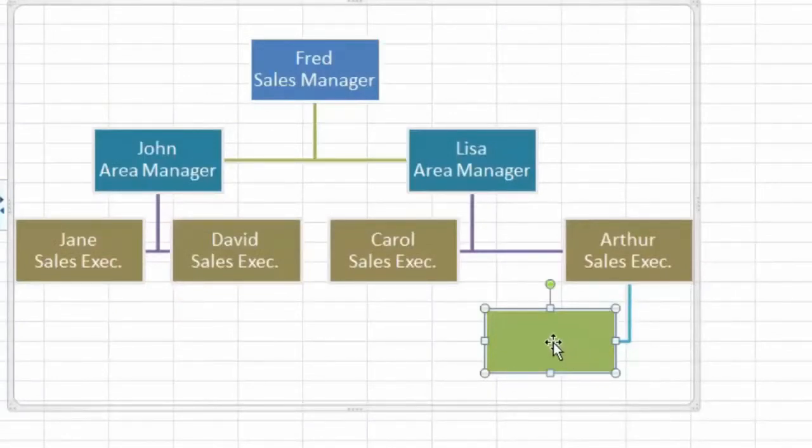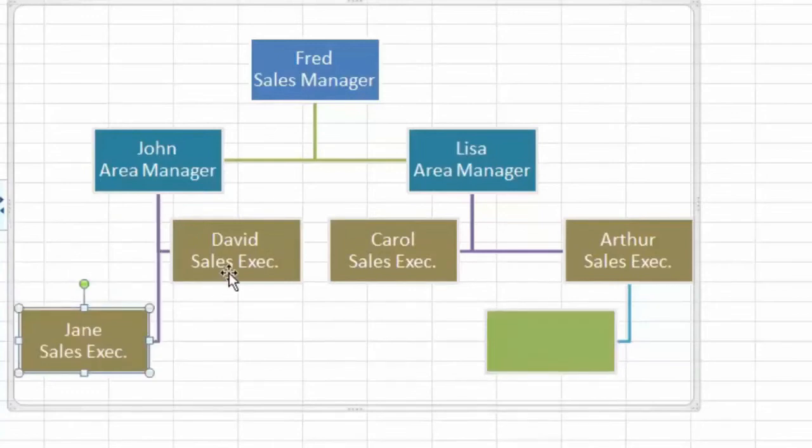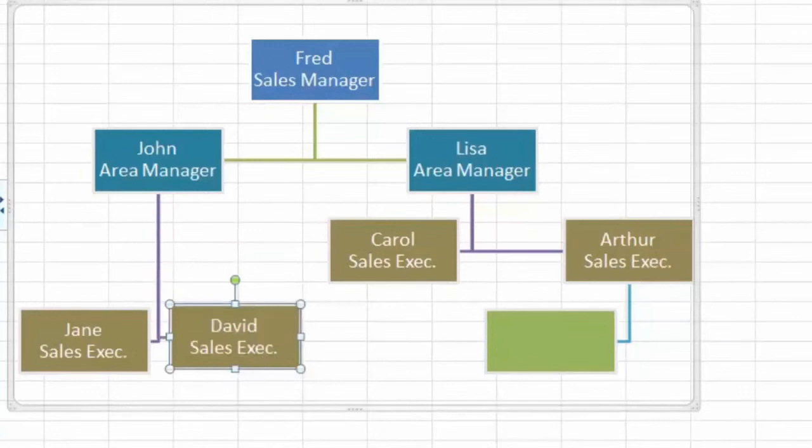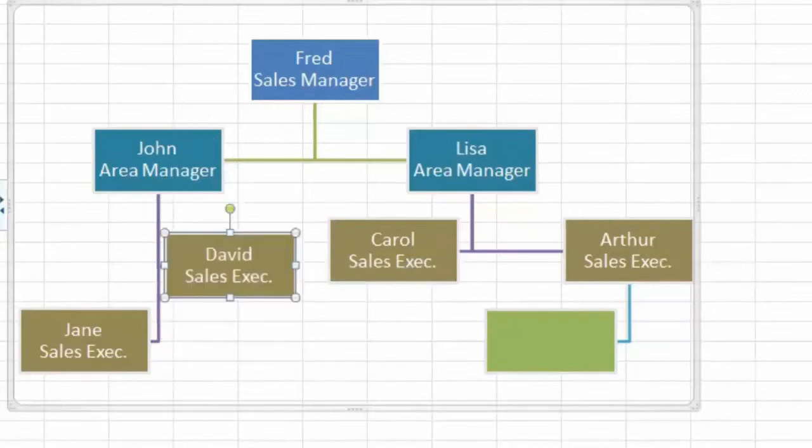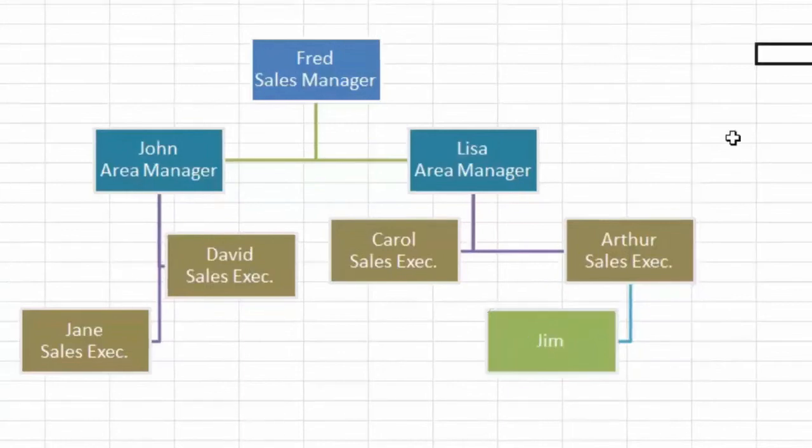You can also modify the charts in other ways. For example, let's say that the sales team on the right are senior to the sales team on the left. You can actually lower these boxes, so just click and drag to maybe indicate that these people are a bit further down the organization, the pecking order, or something like that. So you can reorganize by clicking and dragging, and you can even have the salespeople on different levels underneath the area manager. For example, I'll just add a name into that box for Arthur's assistant there. So all I need to do is simply click, type the name, and just click away,